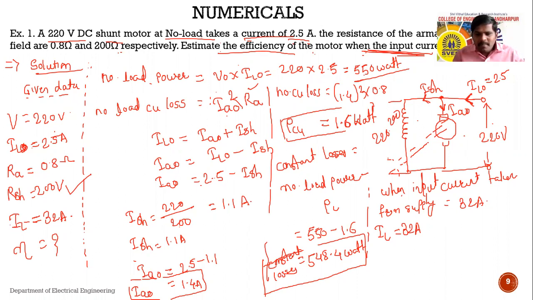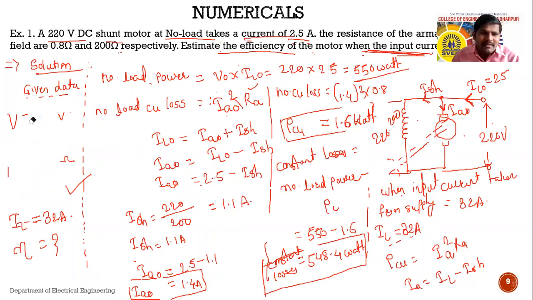Okay, see, now here the supply current is given. I want to calculate the copper loss. So the formula for calculating copper loss is Ia square Ra. Again same, Ia is equal to IL minus ISH. So you people know the value of IL and ISH, both values we have. So it becomes